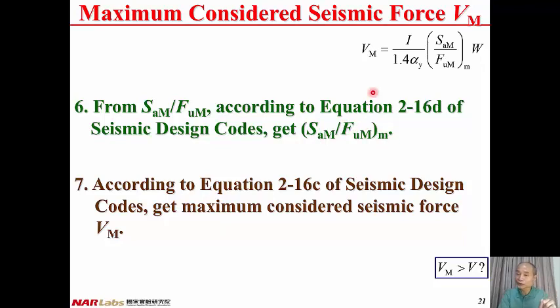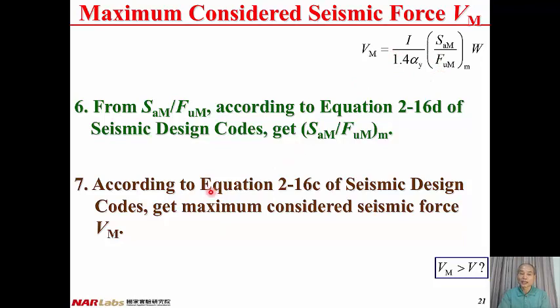From steps 1, 2, 3, 4, 5, 6, we have the I, importance factor, SAM, maximum considered spectral acceleration, W, total weight of the structure, alpha Y, first yielding amplification factor, FUM, maximum considered seismic force reduction factor due to ductility, and also the modification of the ratio between SAM and FUM,